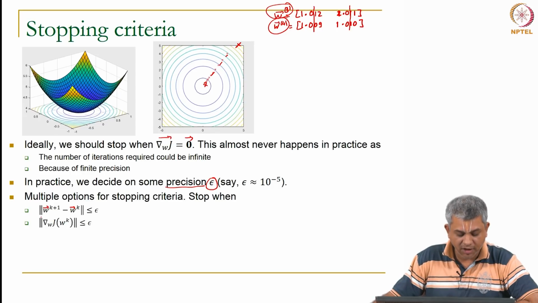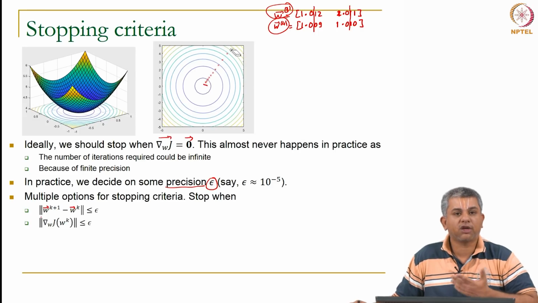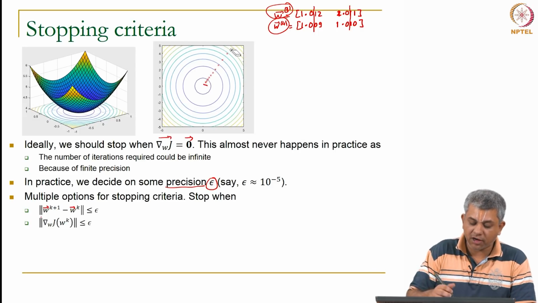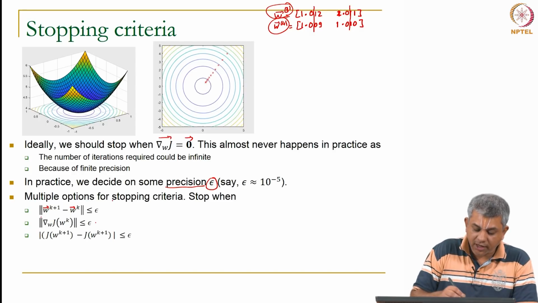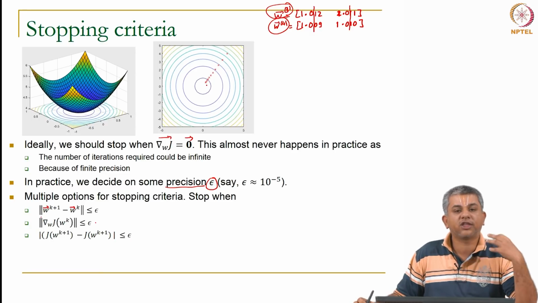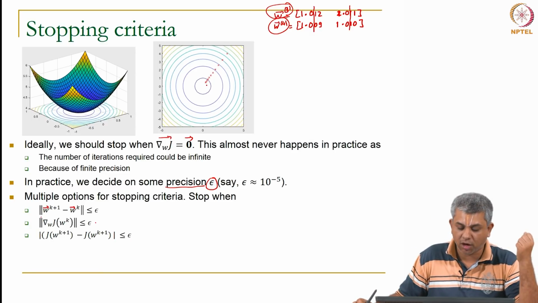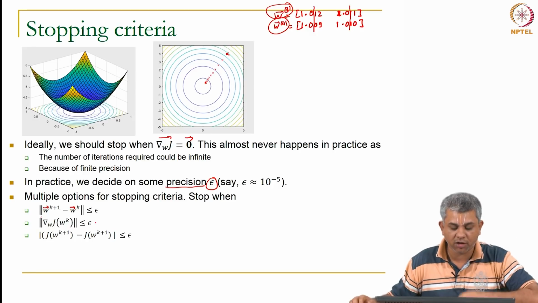Now, instead of saying W has to be close to each other, I could also say something like grad J should be smaller than a given number. Remember we were trying to do grad J equal to 0, and instead of saying grad J equal to 0, I could say the moment grad J becomes lower than 10 power minus 5, I will stop. So, some iteration of this sort could happen. You could start with some W and end up at some other W, which gets closer and closer to each other.